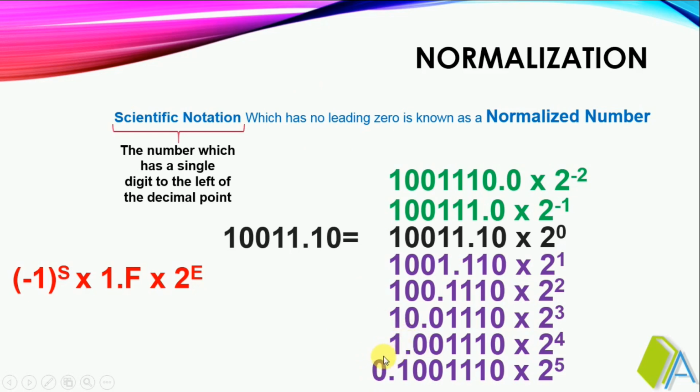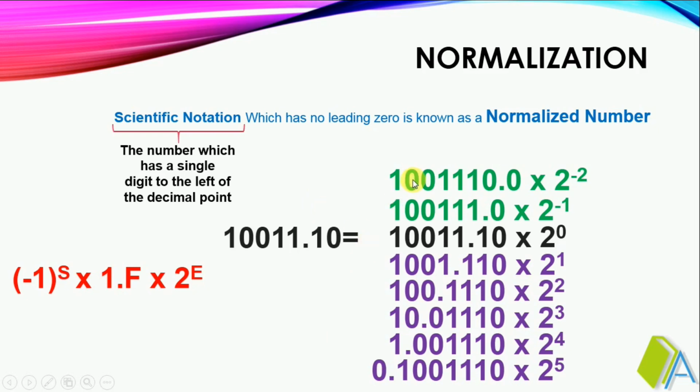So it is implied that it should always be 1. According to the rule of normalization, we should have only one digit at the left of the decimal point, and it should always be 1. So this is the implied format. Here S is my sign bit, and my fraction becomes 1.F. This is my decimal point, so I should have only a single digit at the left of the decimal point, and it also should be logic 1.